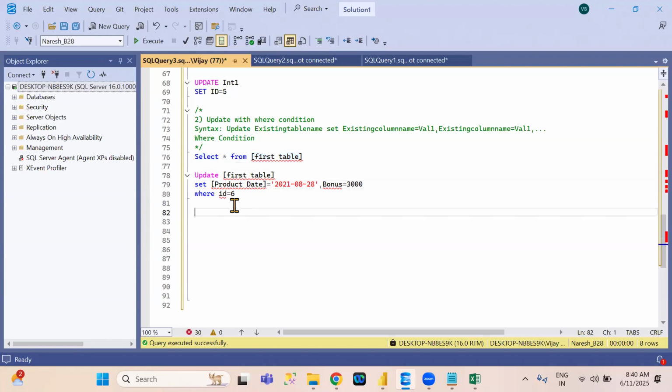Understand? Okay. Now, what is the next one? Delete. If you want to delete all the records in a table, you have to use